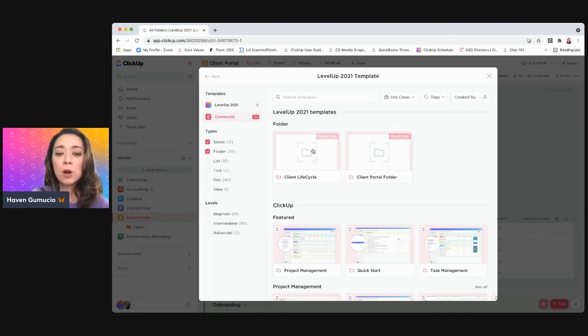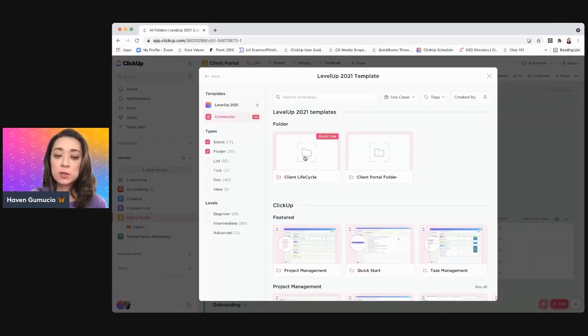And if you hover over a template, you'll notice that you get this quick use button that appears. This is awesome, especially if you're just on the go and you're firing out some general decisions. You can click into quick use and it will immediately generate the item. So in this case, it would immediately pop in that folder as is, none of the variables such as importing or dates, which we're going to take a closer look at. If I